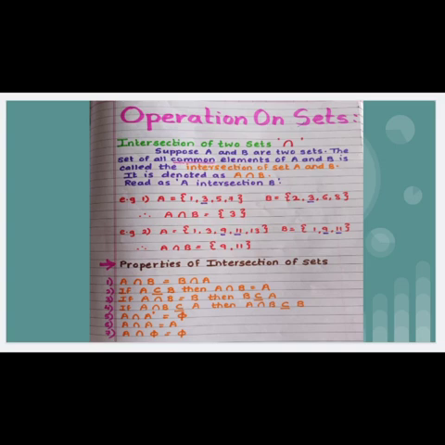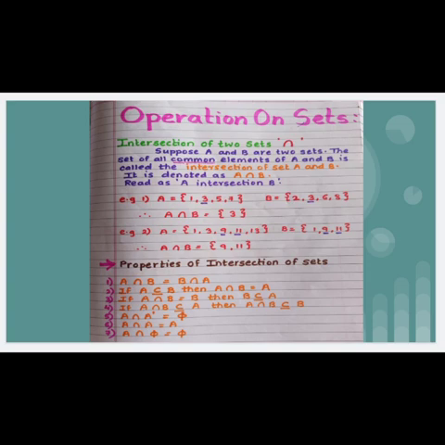Intersection of two sets. Students, look here. I have drawn one symbol with a red pen, an upside-down U. That sign indicates intersection. Suppose A and B are two sets. The set of all common elements of A and B is called the intersection of sets A and B. Intersection means common elements from the given sets. It is denoted as